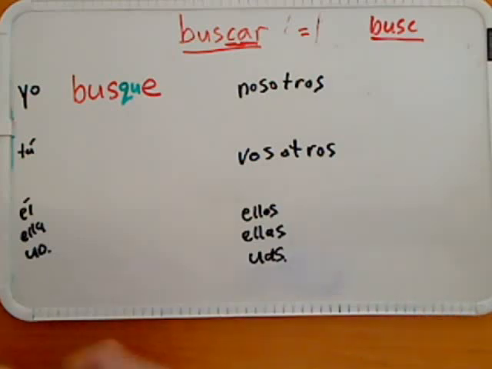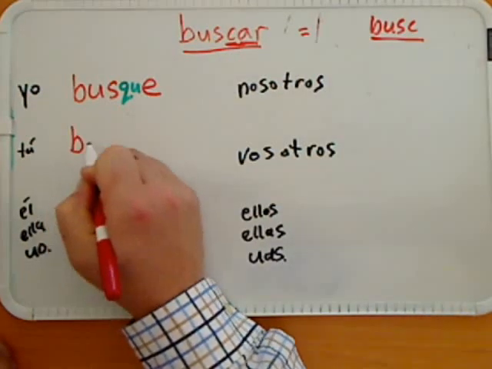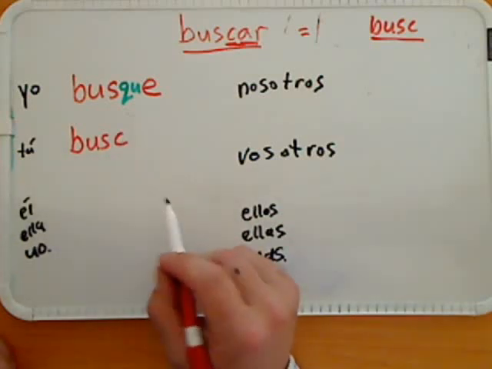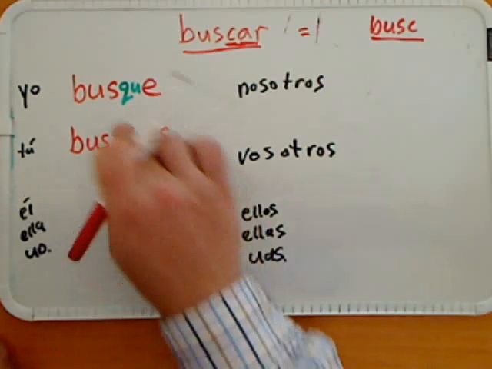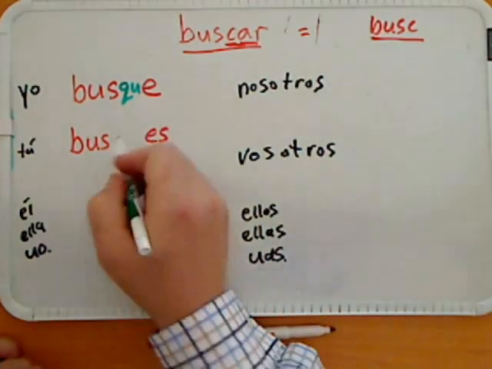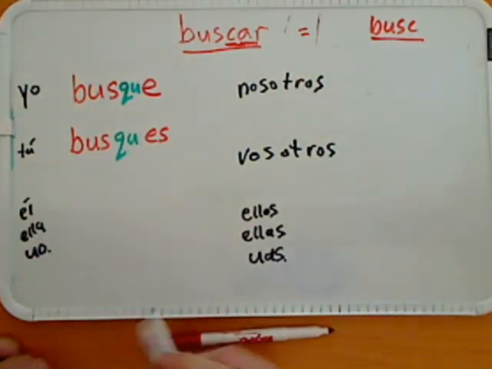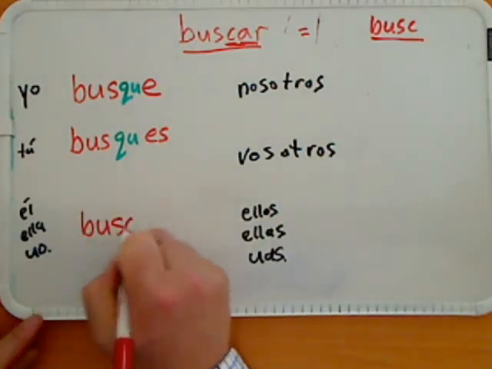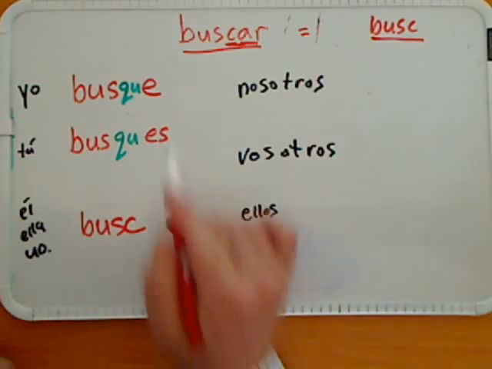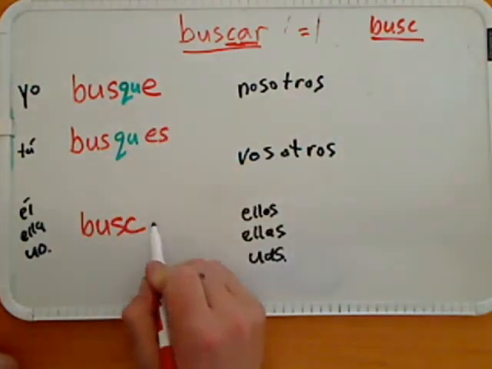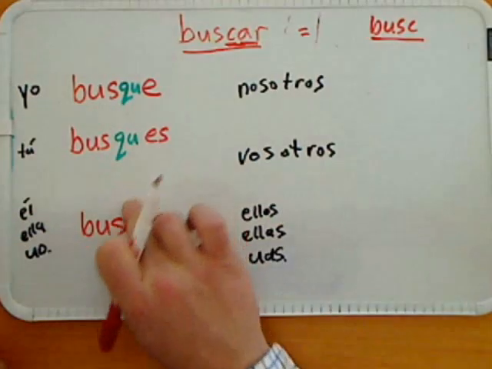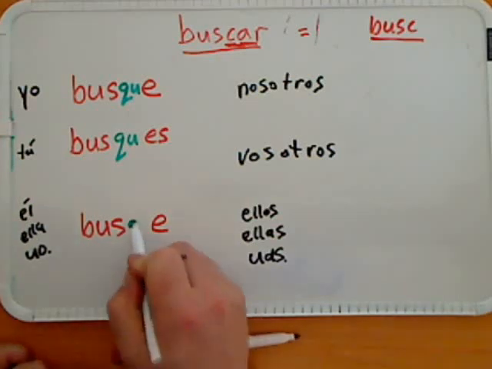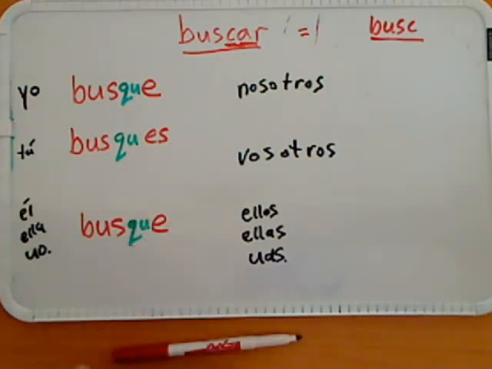Okay? The tú, if we do the same thing, will look like this. Bus. We know that the ending for the tú is now ES, so we must take that C and change it into a QU, so que tú busques. Again, él, ella, usted. The stem is here. The ending is the same thing as the yo, so we put an E causing busque again. So what we do is, again, change that C to a QU,